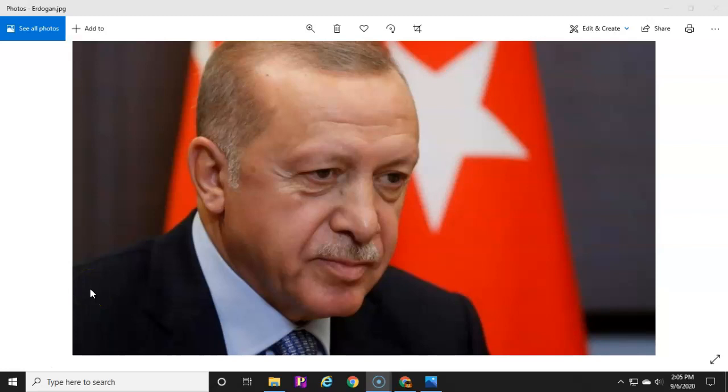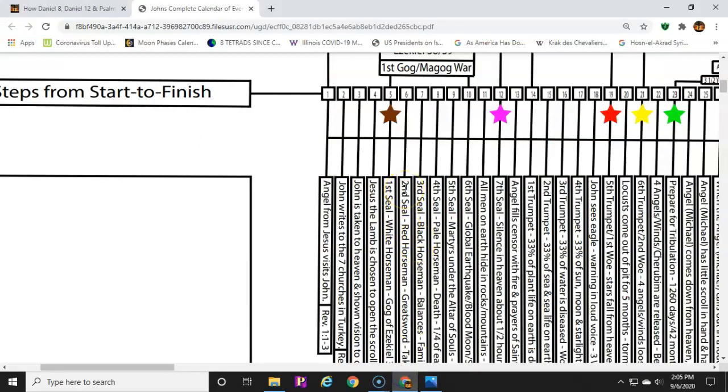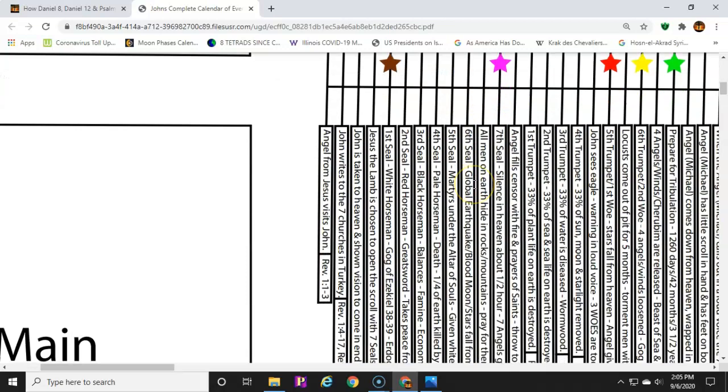This is Erdogan. I believe he will build that 10-nation horned Muslim alliance, 10 nations that will end up in Israel, and I'm going to try to go through and explain how all this works. But even if it's not Erdogan, if you look at biblical structure, we believe it's the leader of Turkey. So even if something were to happen to Erdogan, it would be his successor, or whoever the successor is in the time of the end. But that leader is from Turkey.